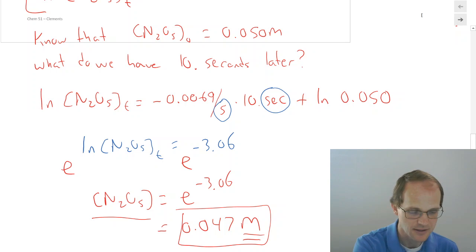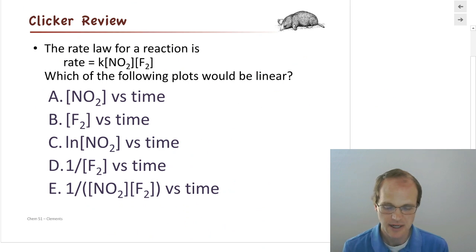All right, here's something for you to do. I've got a rate law for a reaction. It's k times [NO2] times [F2], and I want to know which of the following plots is going to be